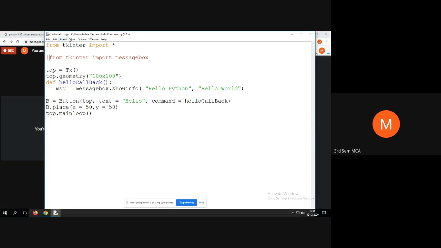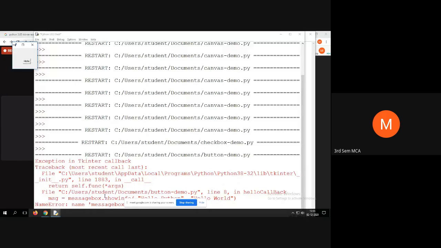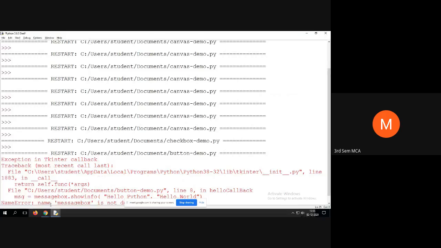Control S, save. Let me try, run. Yes, it is working fine. Okay, no problem. But look here, it is not displaying the message box. It is creating the button, but it is not able to create the message box. So look at the error here. NameError: messagebox is not defined. Error in line number 8. So now what we should do,